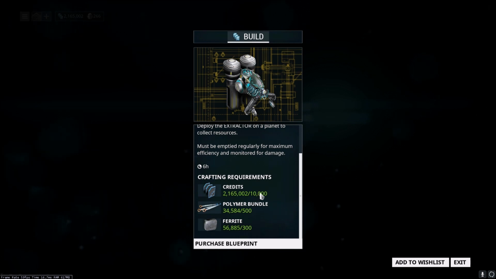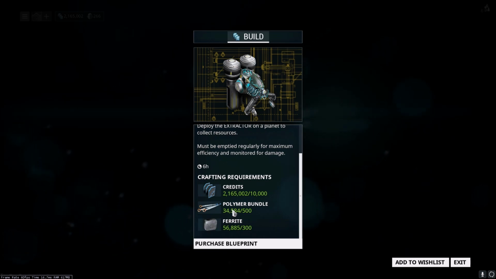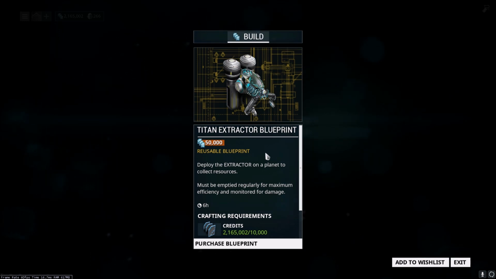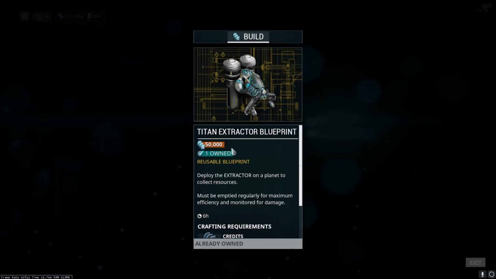So you can see here the crafting requirements. We're going to need 10,000 credits, 500 polymer, and 300 ferrite. All fairly easy to obtain and stuff you should have a pretty good stockpile of right now. 50,000 credits is a little steep for a blueprint, but you should be able to farm that up pretty quickly if you don't have it already. So we're going to go ahead and purchase this blueprint,